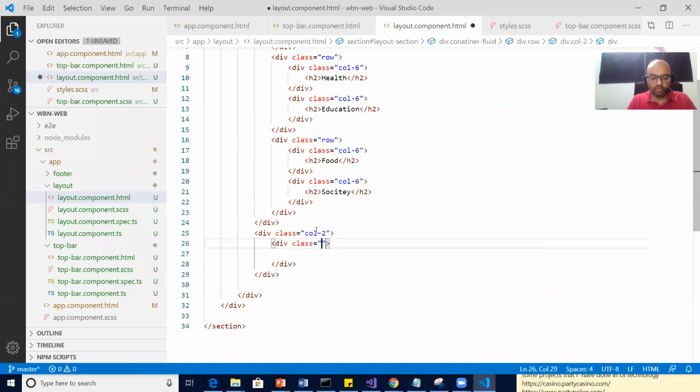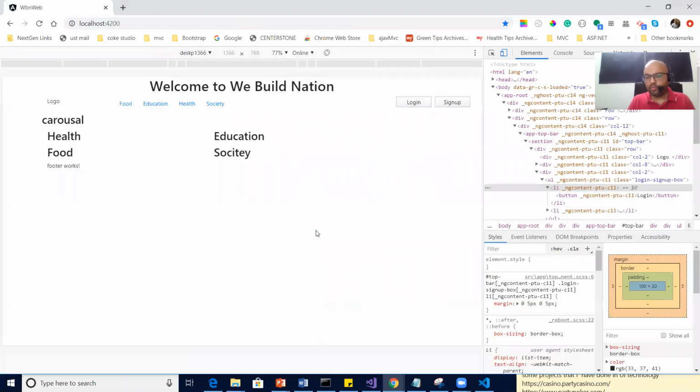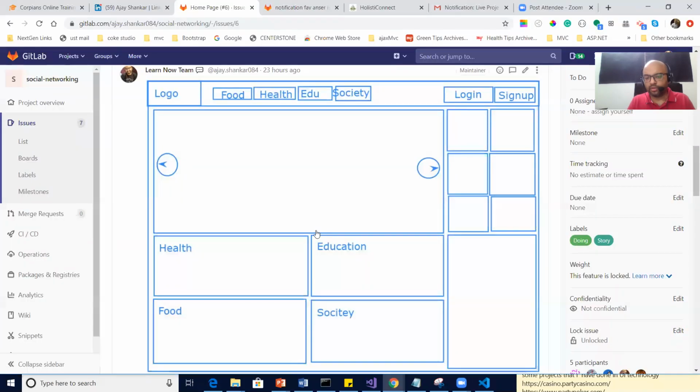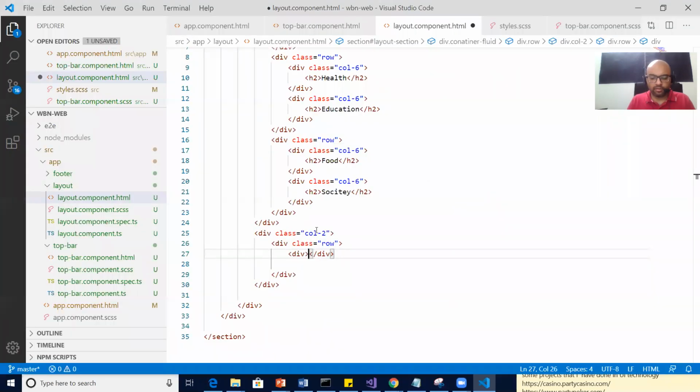Let me show you what I'm talking about first. Okay. So here, if I wanted to put, let's say, 1, 2, 3, 4, 5, 6, best 6 or top 6, correct? So I can do something like this. I say class col-6. Let's say I wanted to put best 5, for example.